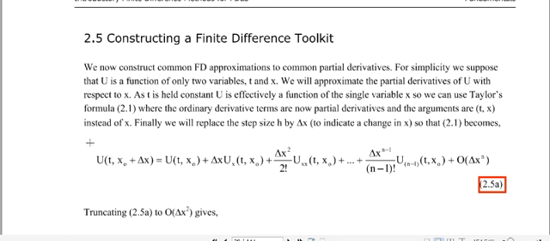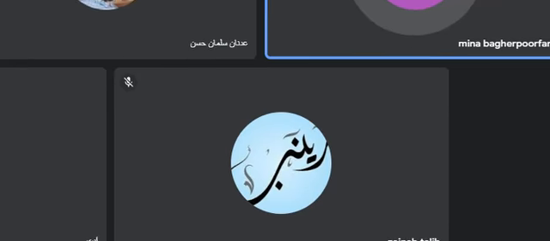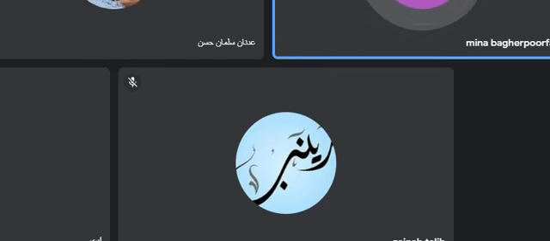You can see we have u at t and x0 plus delta x equal to u at t and x0 plus delta x u with respect to x at t and x0, plus delta x squared over 2 factorial u xx at t and x0, plus continue, and then plus delta x to the power n minus 1 over n minus 1 factorial and u with respect